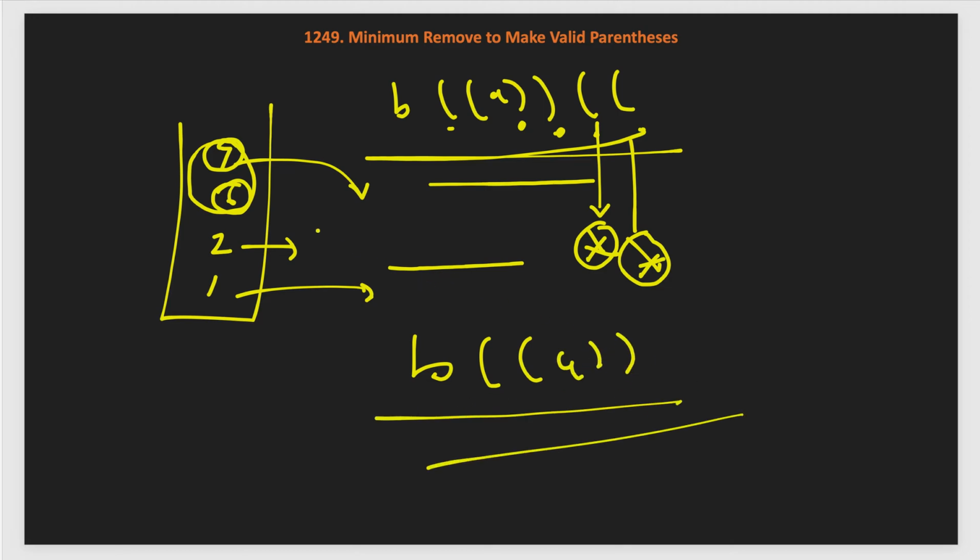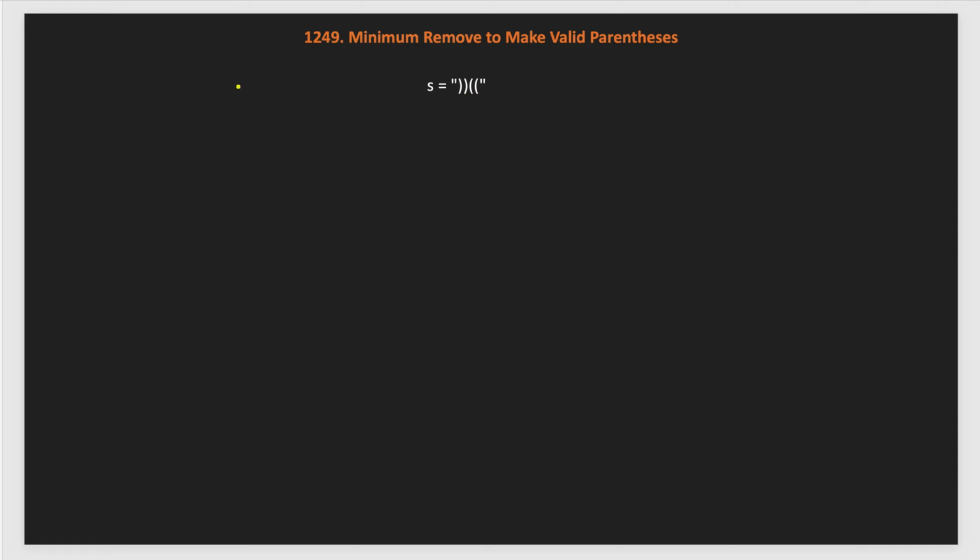So, let us take another different example. This is very straightforward. Like we have open, then A, then we have close, then we have another close, and here let us say B, and we have another open. So, now what will happen in this case? First in a stack we will add the index of this first open, which is at 0, then A will be as it is in our array.